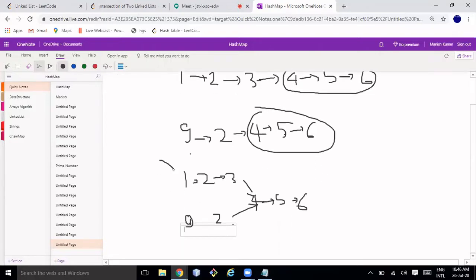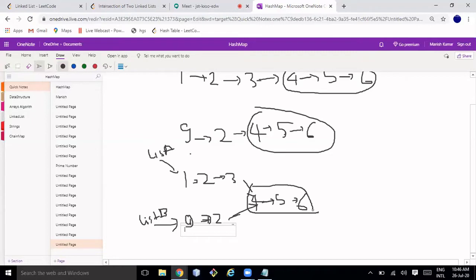Okay, and you are given one list like this, list A, list B. So how can you identify whether these two linked lists, A and B, are intersecting, and after some point there is actually one list, right? This is how you need to identify.